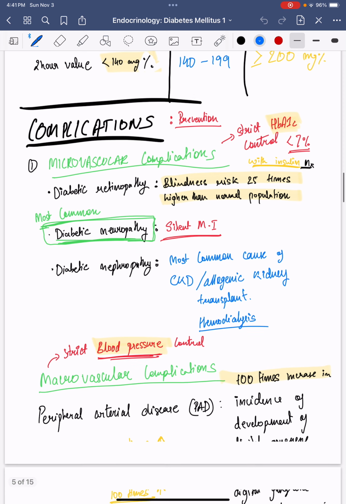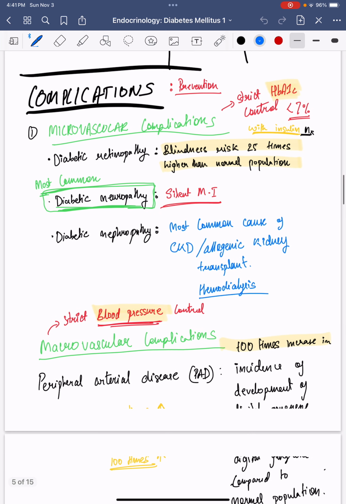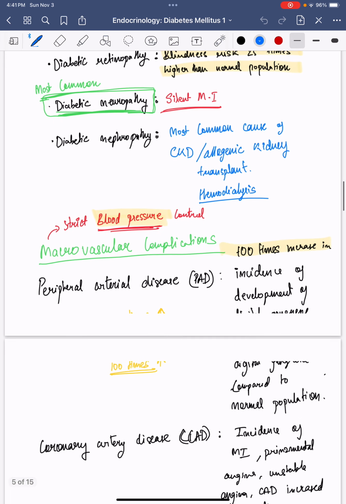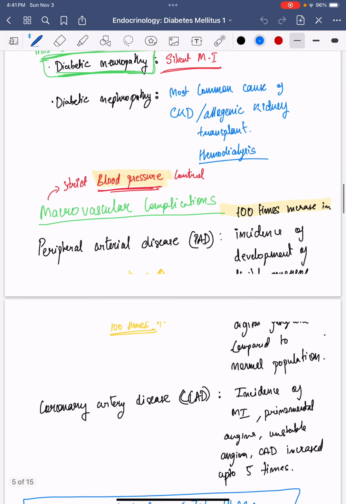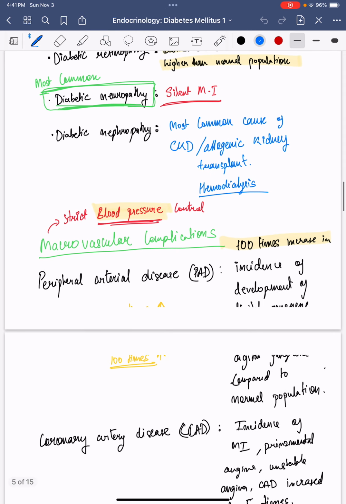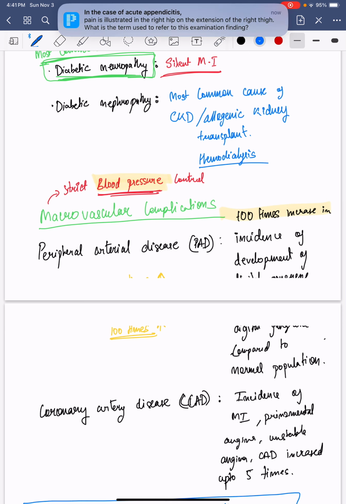management. Macrovascular complication is the other complication which can be seen in diabetes mellitus patients. There should be strict blood pressure control to prevent these macrovascular complications. There can be peripheral artery diseases,